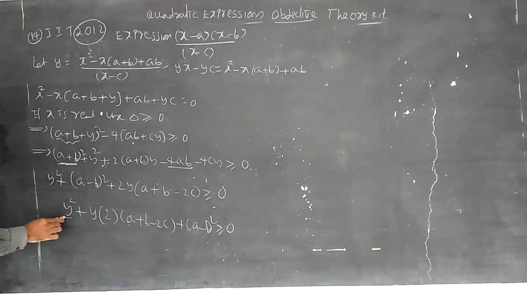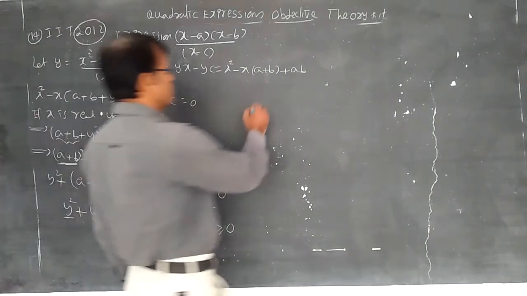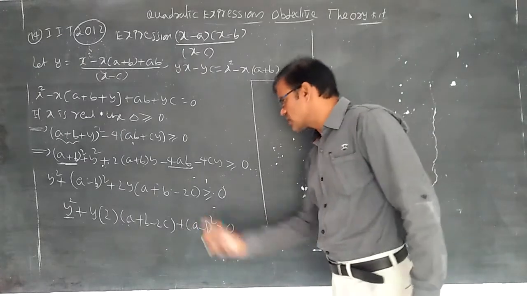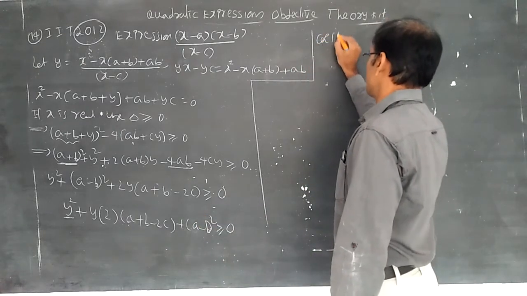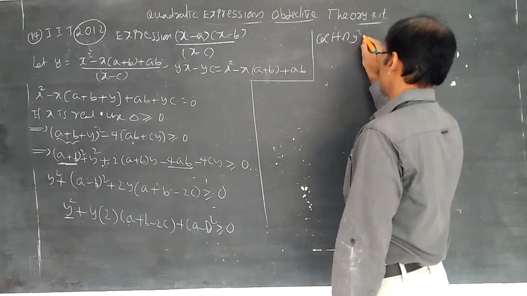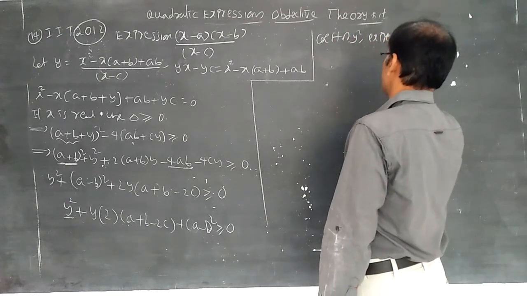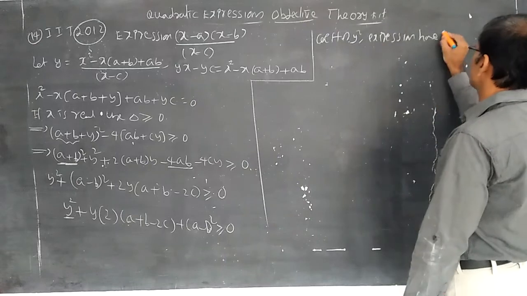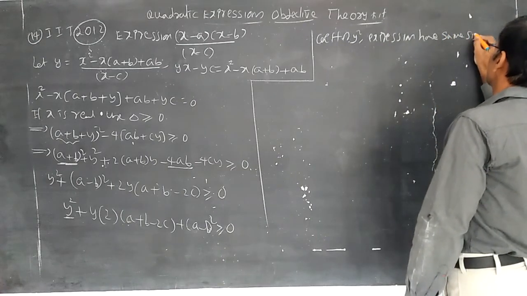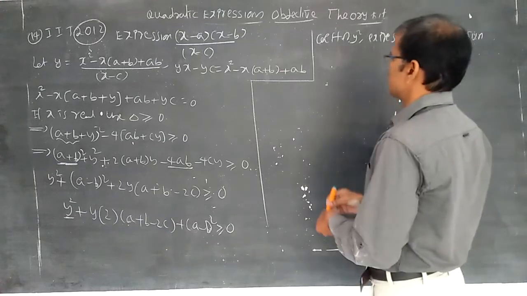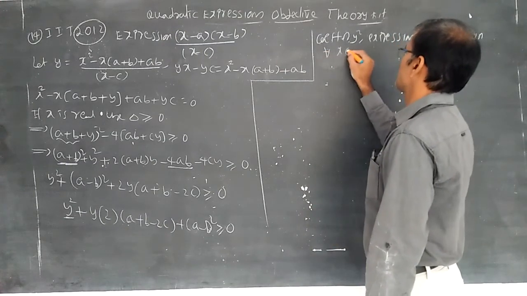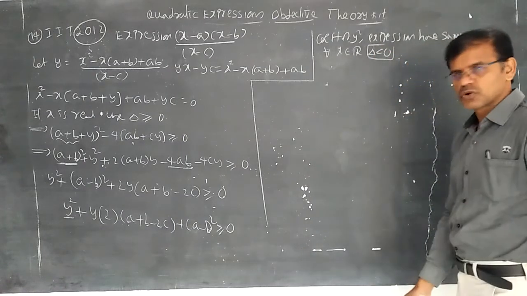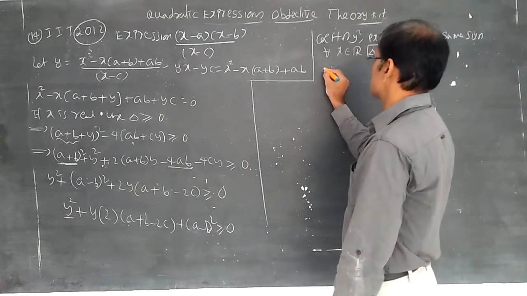Now you can understand this is f of y; the coefficient of y square is 1, it is positive, and the expression is fully positive. f of y square and the expression have the same sign. Whenever f of y square and the expression have the same sign, for all x belongs to R, already given, it is true for delta less than 0. Now you should calculate delta less than 0.